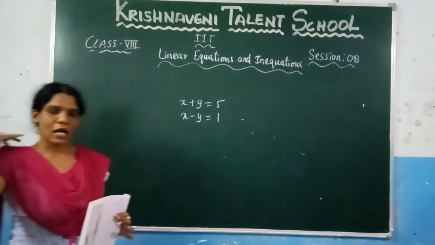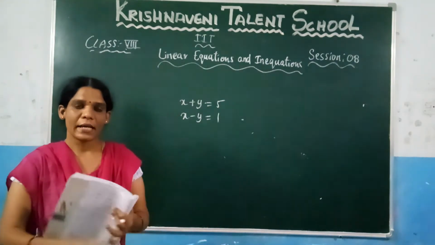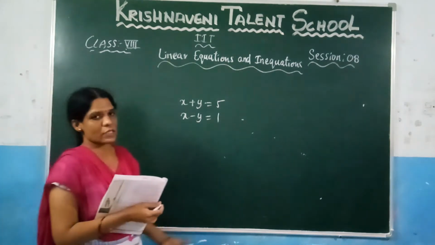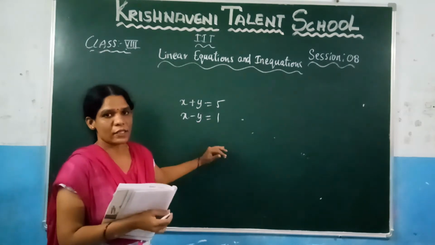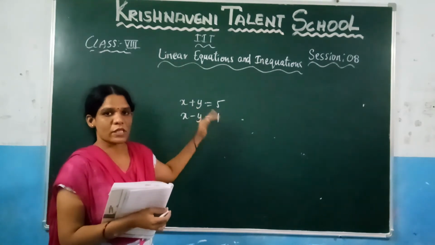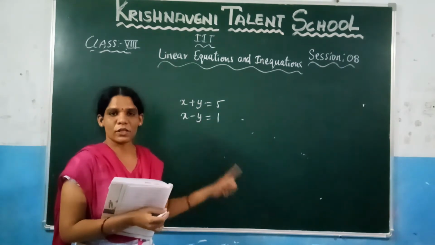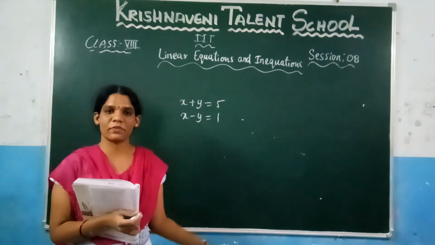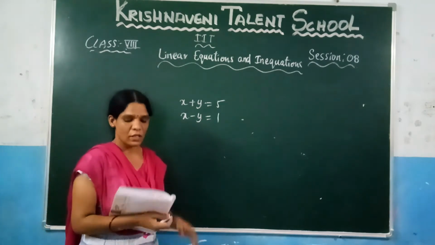So here, after that, we have solved the addition and subtraction methods. In the addition and subtraction method, you need to add these two equations and subtract these two equations, and you will get two more equations. Again, by using these two methods you can solve it. That one I already explained, you can see that one.